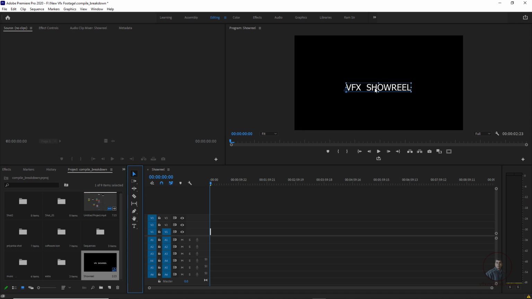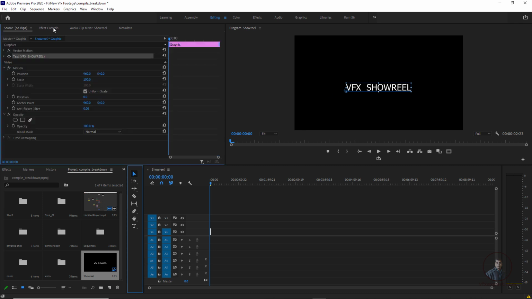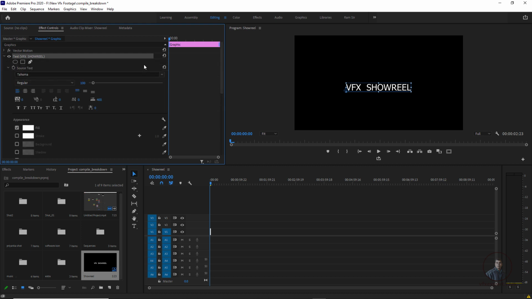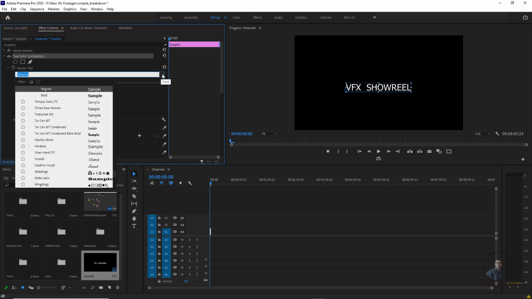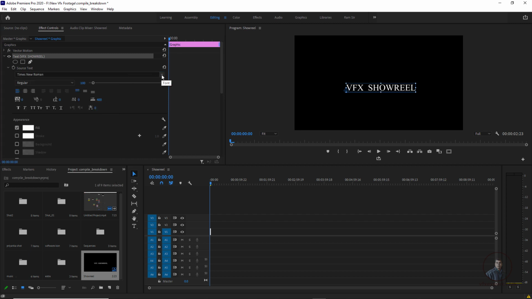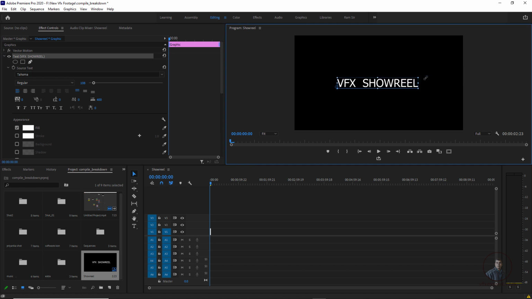Then after this, we have to click on this Edit control panel here, and inside this you will get your text. From here you can change your text font, color, all these things. Any font from here you can select according to your requirements. So maybe this is just sufficient here. Now you can see here inside this timeline.